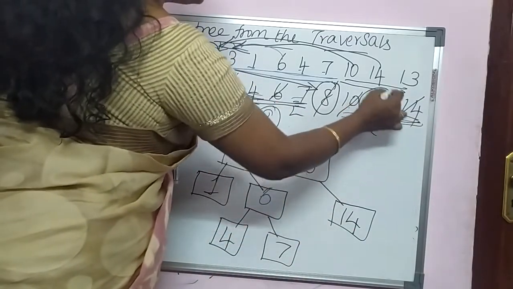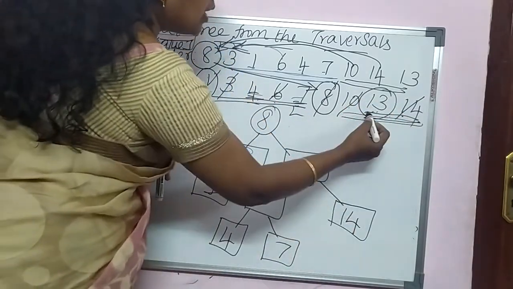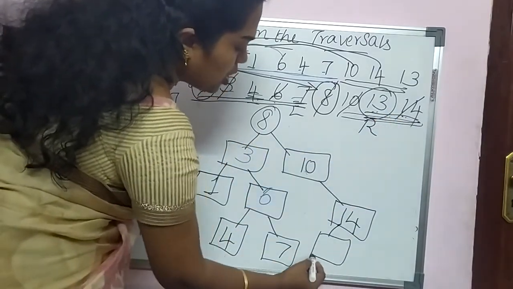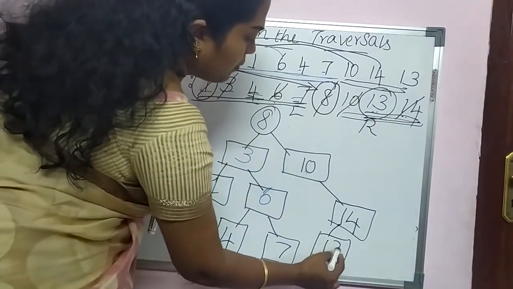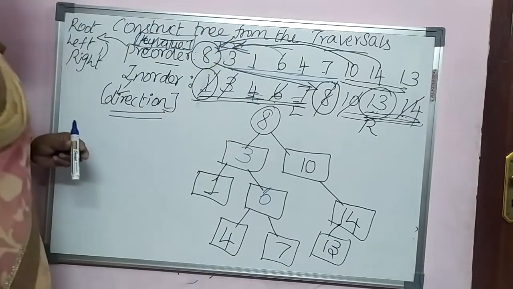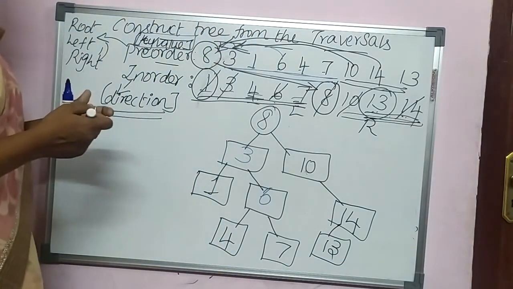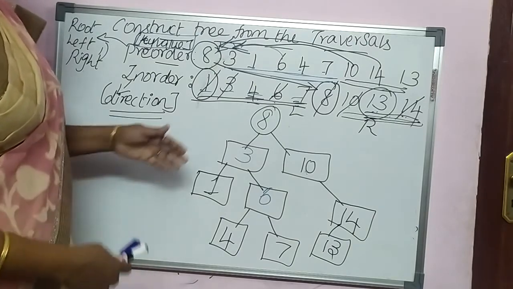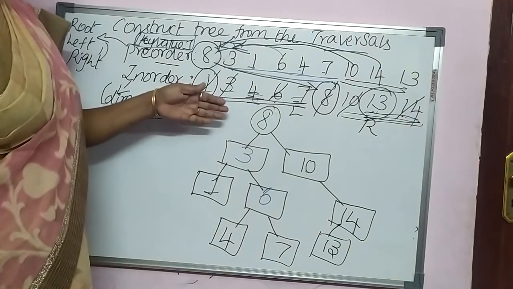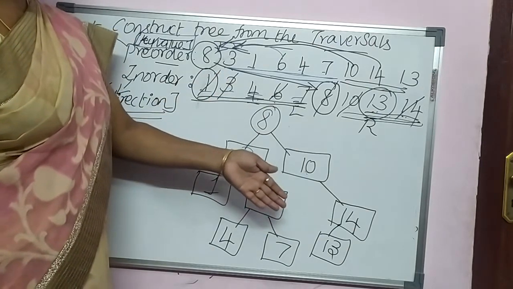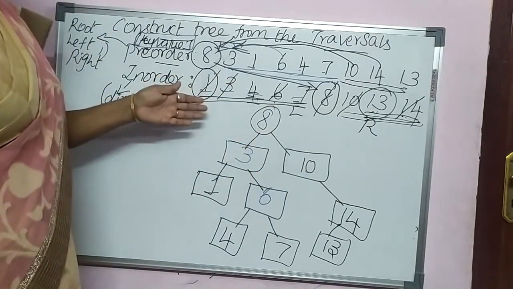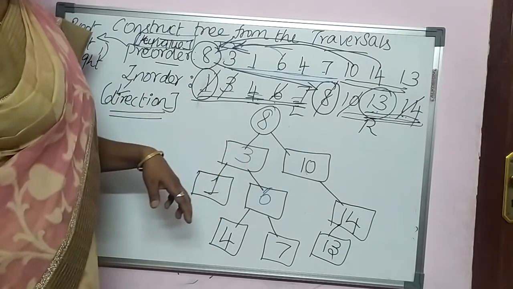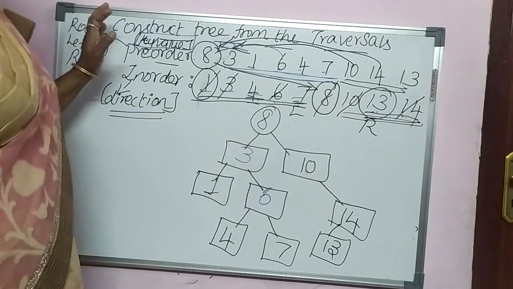And only one element is remaining pending. So this 13 resides on the left of 14. It has to take its position on the left side of 14. And that's it. We have constructed the binary search tree. You can see the entire tree, as well as each subtree, obeys the rule. All the left side values are less than the root value and all the elements towards the right side are greater than the current root value, and it obeys this property in each of the subtrees. And this is how we should construct once the order is given.